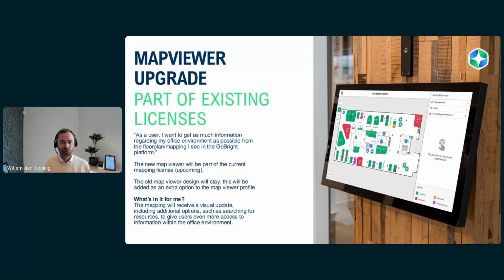map. We had a design for this already for quite some years, but it wasn't up to date to the current house style and the current design of the portal and app. And therefore we upgraded the map viewer design, but also added some extra features as we also experienced that,